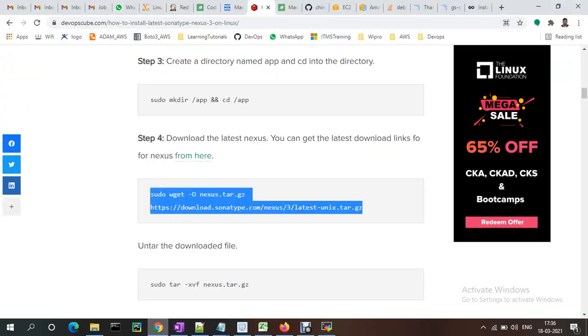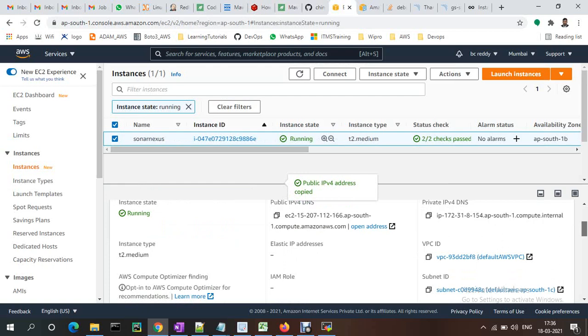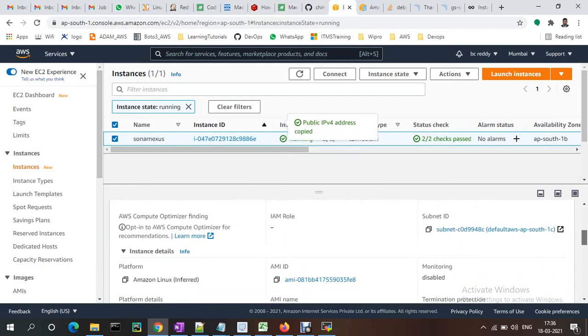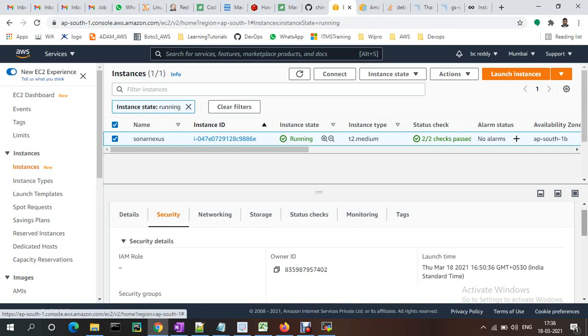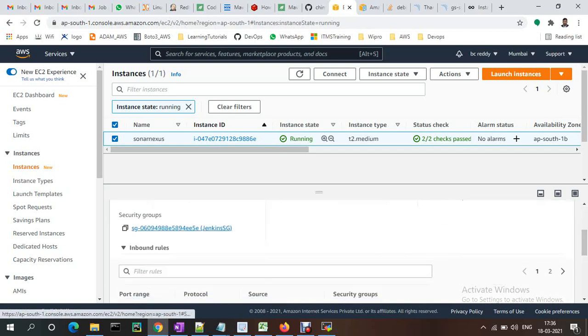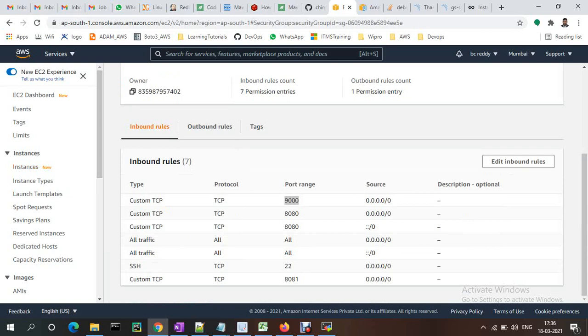On the current server I already opened the port while creating the server. If you want, you can check the status as well. See, 8081, I already opened the port.